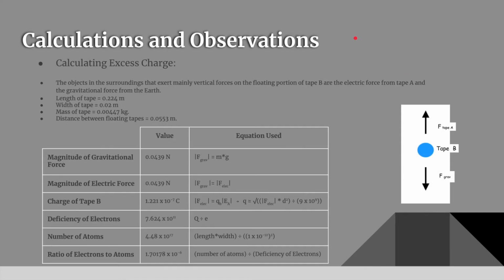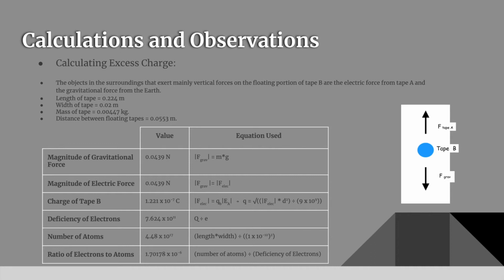Next, I calculated the excess charge. The objects in the surroundings that exert mainly vertical forces on the floating portion of tape B are the electric force from tape A and the gravitational force from the Earth. This is depicted in the free body diagram, but first, it's assumed that both tape A and tape B have